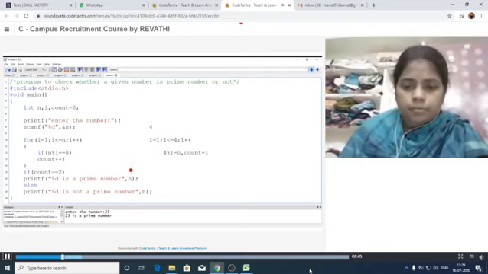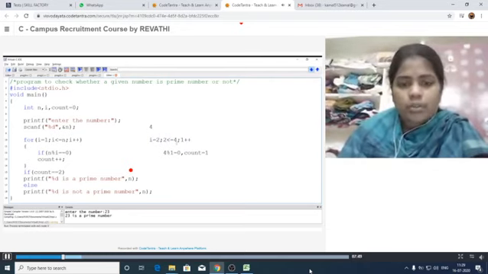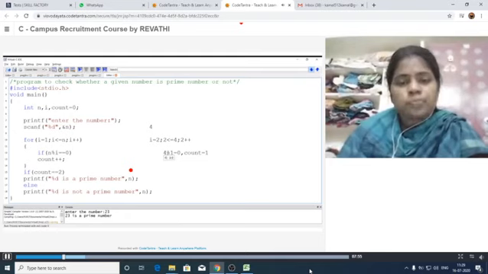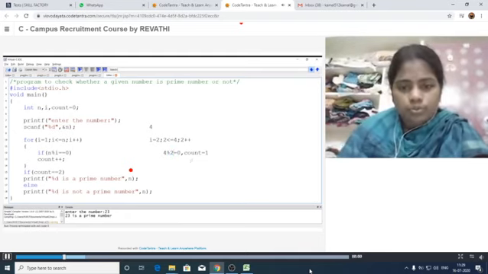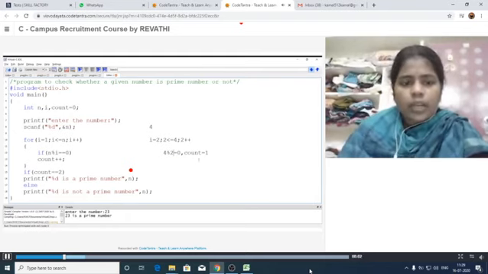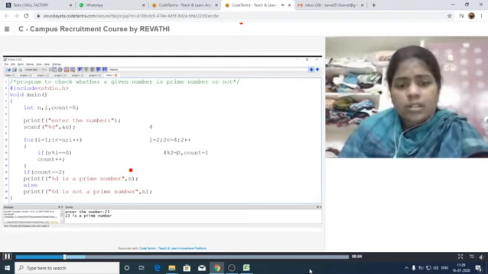Okay, now check the condition for 2. i is equal to 2. Next again, 2 less than or equal to 4, and i plus plus. This is the condition. Next again it has to check the condition 4 modulus 2. Now the condition is 4 modulus 2 is 0, so the condition is true. True means our count value is incremented by 1, that is equal to 2.